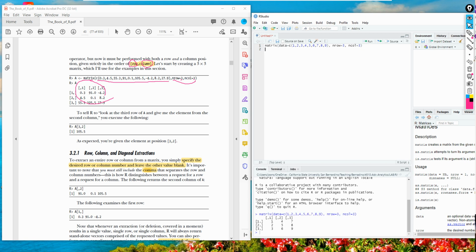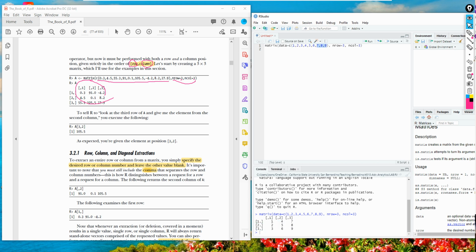As you can see, this matrix is created in a column-wise fashion. The first 1, 2, 3 is the first column, then 4, 5, 6 is used to create the second column, and this is the third column.